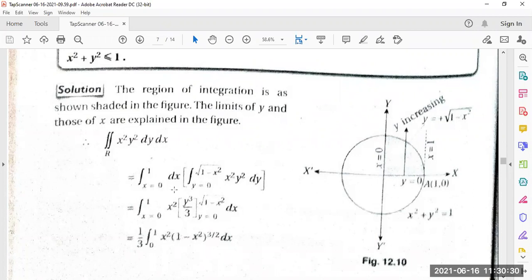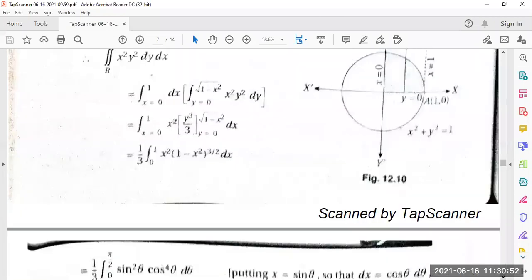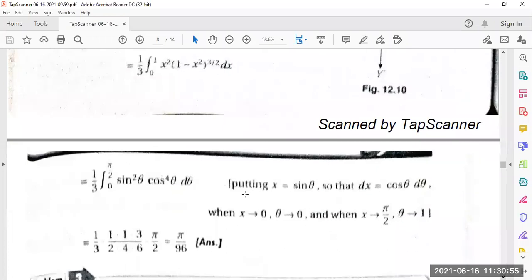So with respect to dx, x equal to this, and for dy, here it is y equal to 0, and here it is y equal to root over 1 minus x square. After putting the limit, it will come in terms of x. Performing this integration with respect to x and putting the limit 0 to 1, we got the value of this. Here they are taking some substitution, x equal to sine theta, then dx equal to this. It can be done by you because it is one of the parts of integration. Already you have done it. Is it clear?